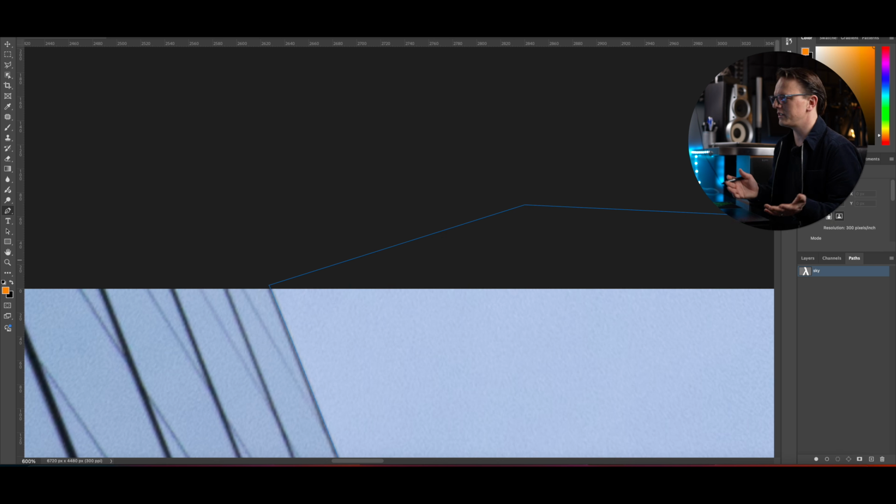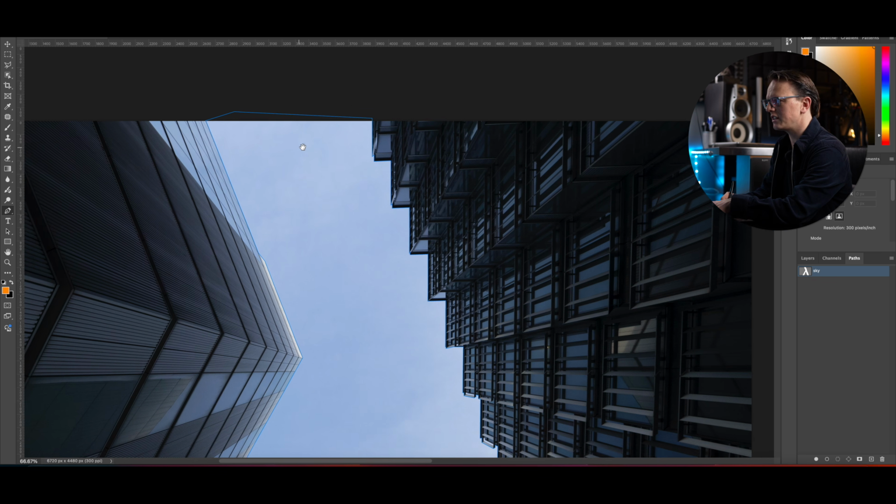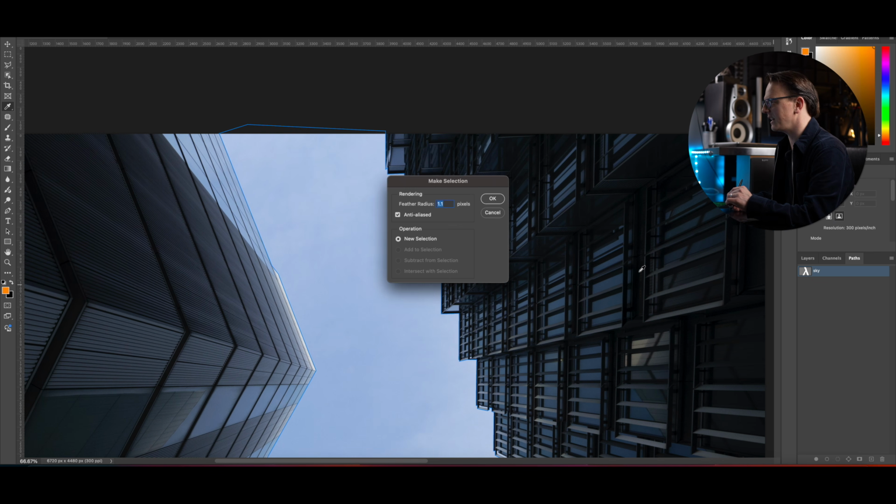And you just make sure that you save your Photoshop file as you go. So there you go, that is now a path of the sky. In order to turn that into a selection, all you need to do is right click the sky, make selection,